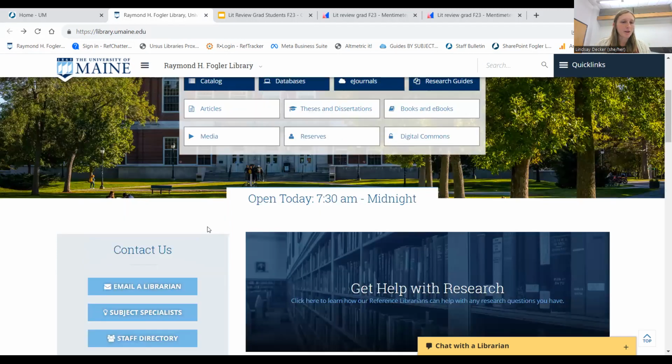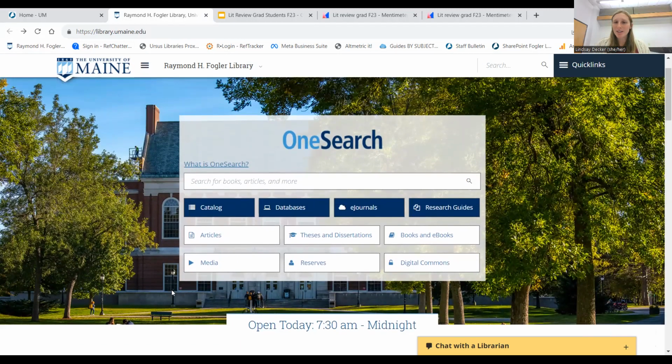Okay, so as with all those subject specialists, one thing that we have done is created research guides. And these research guides are comprehensive lists of resources that are going to be specifically relevant to your subject area. If you've been on our website before, you know that we have this one search bar up here. It's really tempting, if you're doing a literature review, to just type in your main topic here and see what